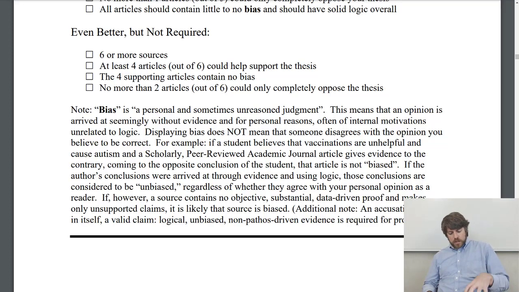But the problem with bias is that it is a personal and sometimes unreasoned judgment. So what does that mean? This means that an opinion is arrived at seemingly without evidence and more for personal reasons, often of internal motivations unrelated to logic. Displaying bias does not mean that someone disagrees with the opinion you believe to be correct. So, for example,